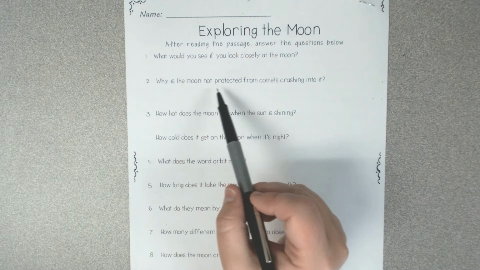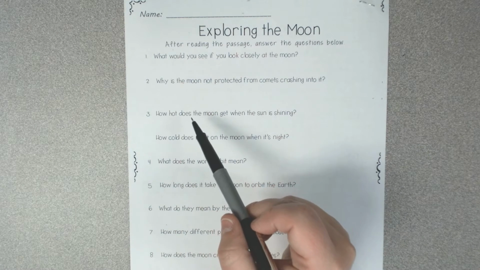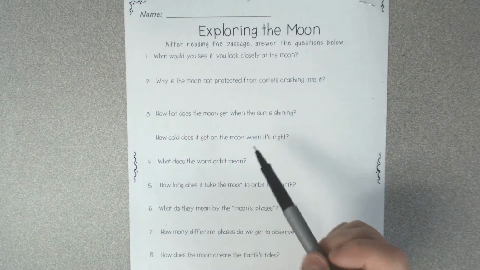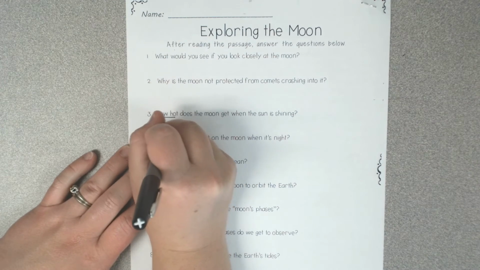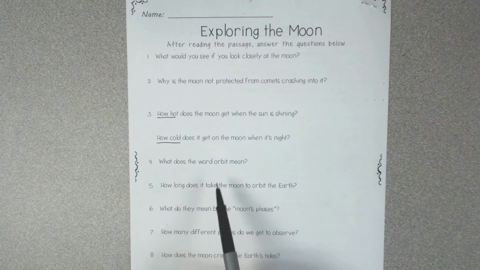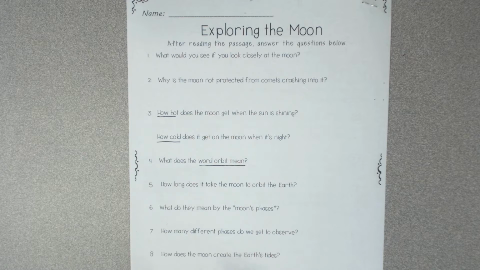2, why is the moon not protected from comets crashing into it? 3, how hot does the moon get when the sun is shining? How cold does the moon get? So here, this is 2 questions. We want to know how hot and how cold. 4, what does the word orbit mean? 5, how long does it take the moon